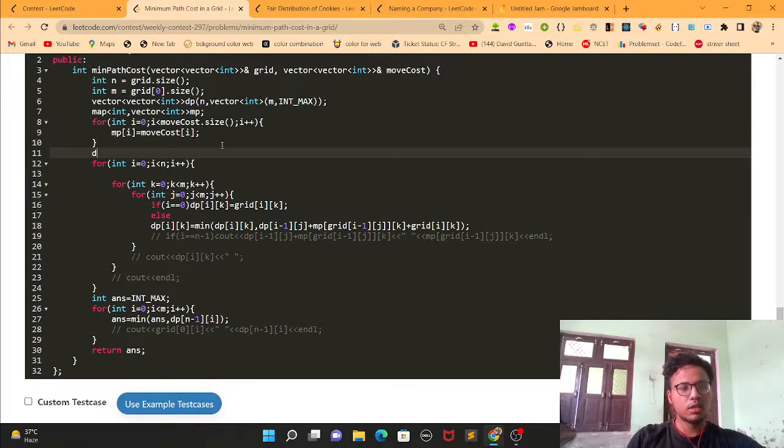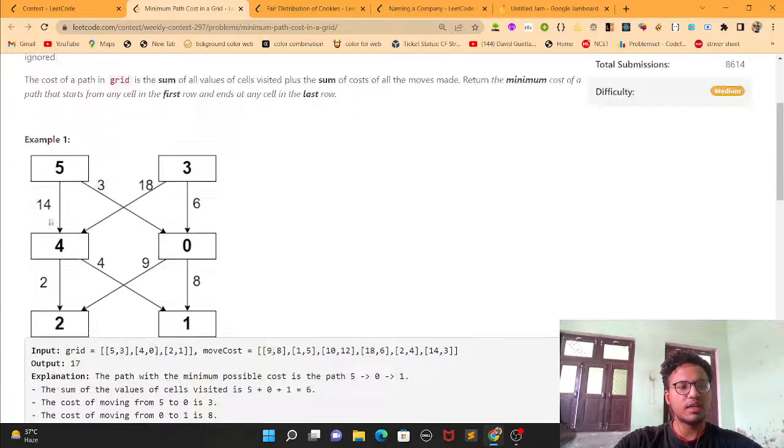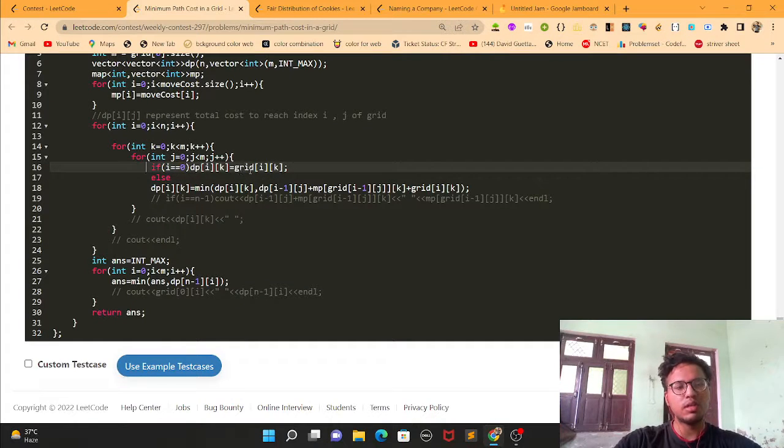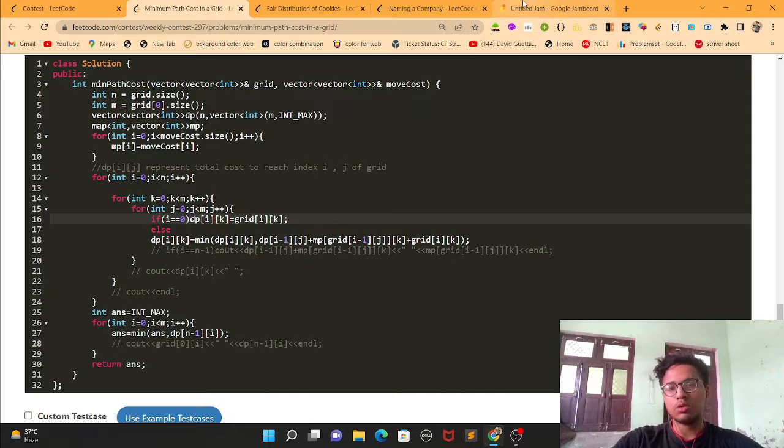Let me just write it quickly. dp of i comma j represents the total cost to reach i, j of the grid. If we are standing at the zeroth row, the cost will simply be the values of these row columns. So for this, if i is equal to 0, then the value will be grid of i comma j, and else the value will be the minimum of the current value and